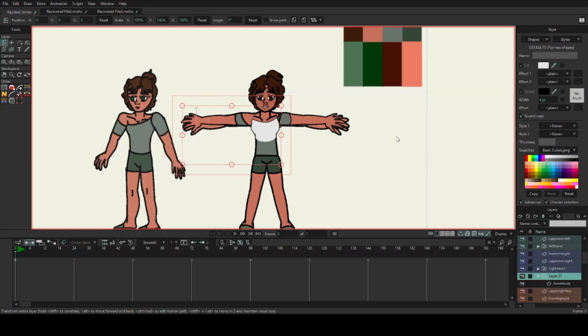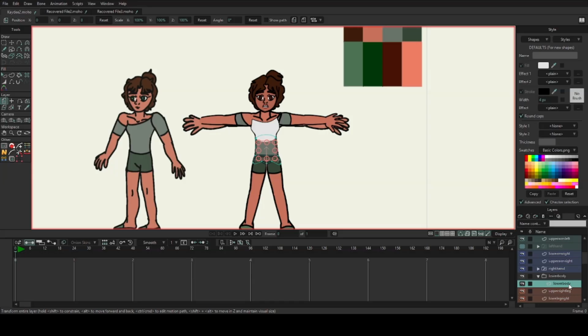Bottom. Lower body. Hold up. And we are grouped with selection, I assume.